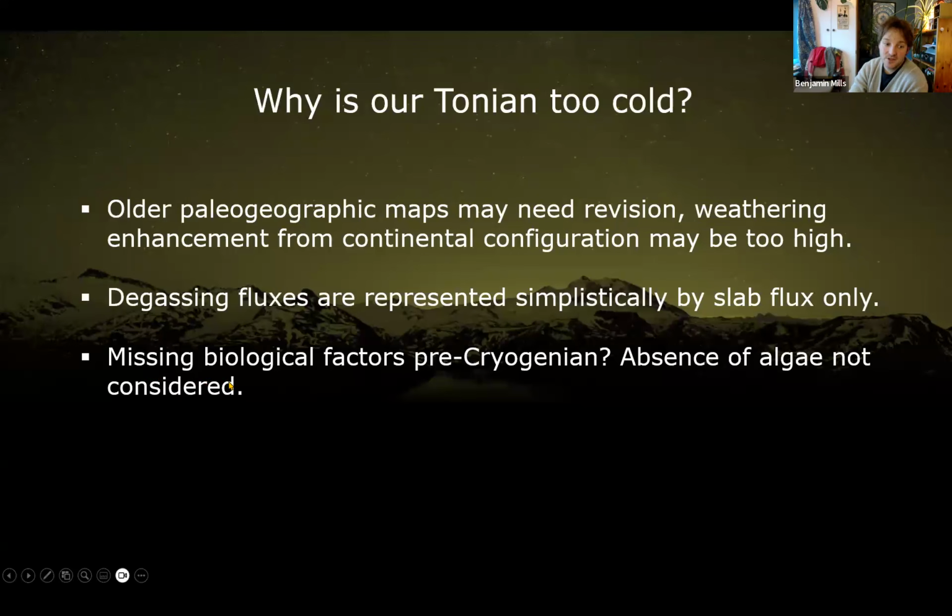And then finally, maybe there are some missing biological factors. We don't consider things like a transition from cyanobacteria to algae dominating primary production. We don't really consider evolution in our biosphere, where our biosphere lives. At the moment, it's just non-dimensional. You pour phosphorus into it, and it makes organic carbon and oxygen. So there may be a lot of work to do there as well.